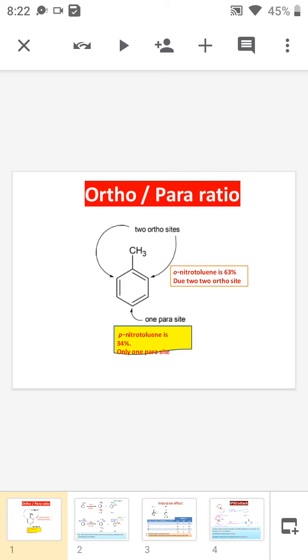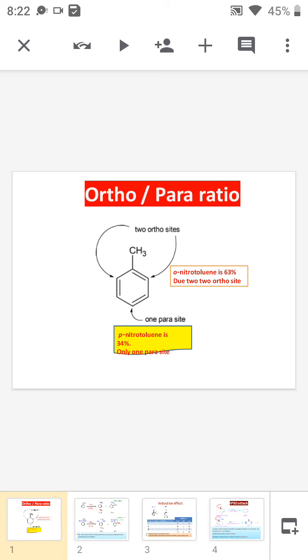This is because for every benzene ring which has an ortho-para directing group, that is an activating group, the product ortho-para ratio is 2:1 since we have two ortho positions and one para position. For example,